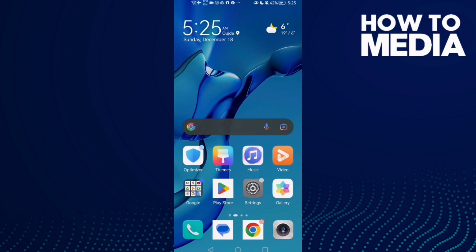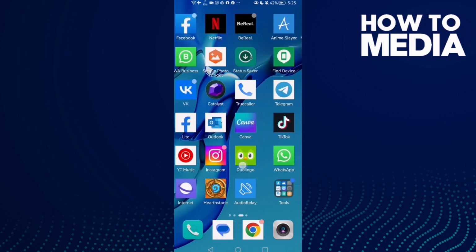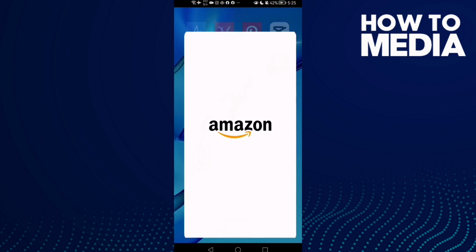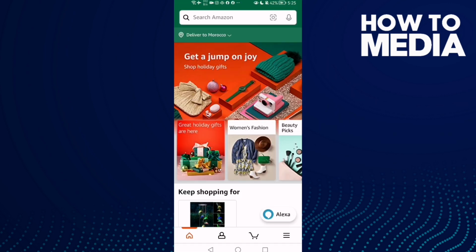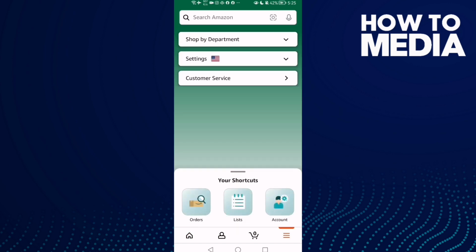How to find currency settings on Amazon shopping on Android or iOS phone. First open Amazon shopping and then click these three lines here, and once you're here click settings